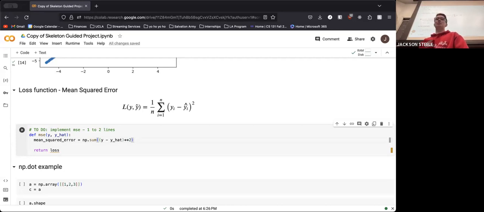No. What are we missing? There's like 1 over the total number of how many. Yes, right. So what we have right here is the sum squared error. We want the mean squared error. So there's 2 ways we can do this. As you pointed out, we can divide it by the length of the array, which is one approach. But there might be